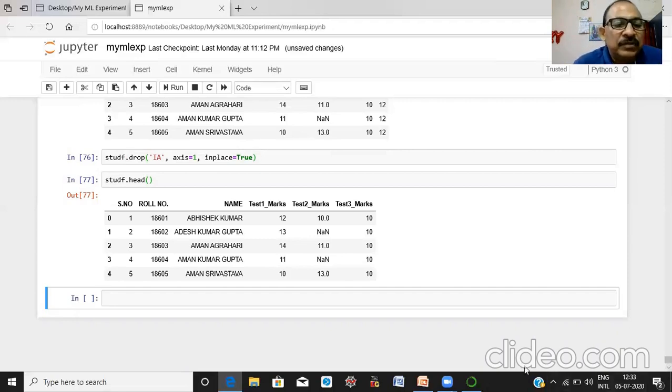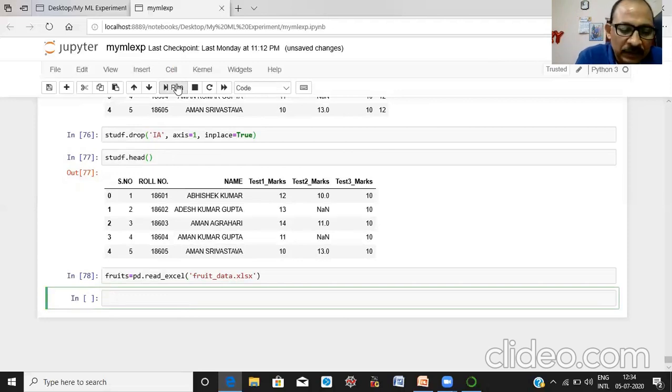For this purpose we have to load our fruit data set. Let us see the contents.